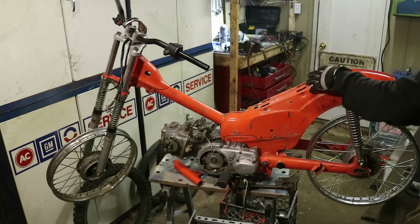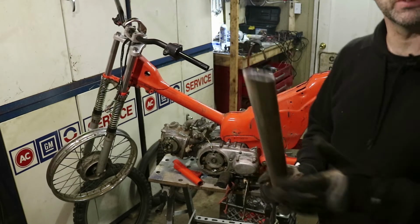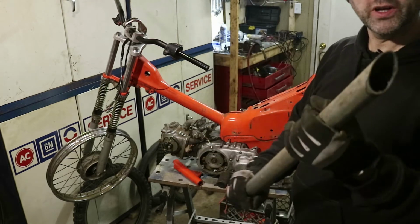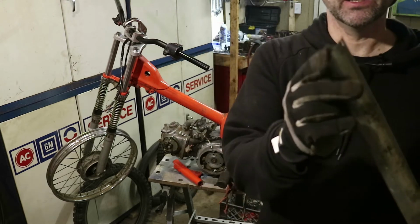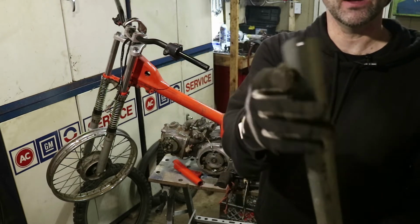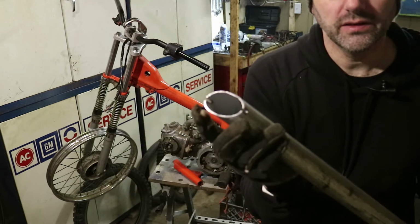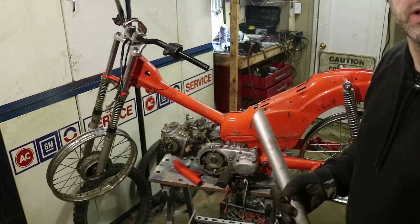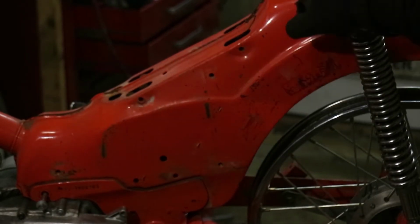What I've already done, I was playing with this before. This is actually a piece of galvanized pipe, so I wouldn't want to weld this anyway. But this is 1 1/4 EMT. So all I've done is a rough cut on this end and a rough cut on this end, and I've notched out, as you can see there, the top and the bottom to sort of match the little crease that goes all the way up the middle